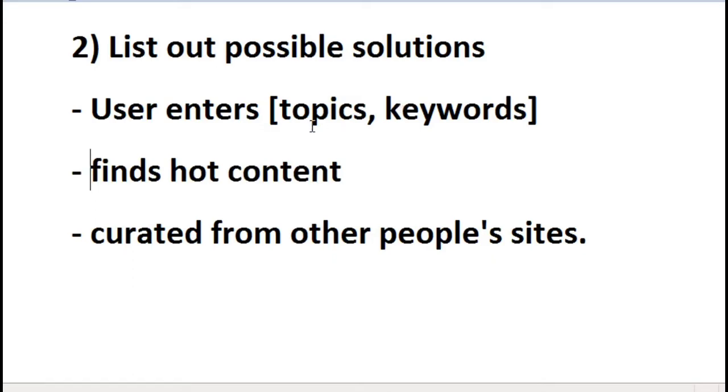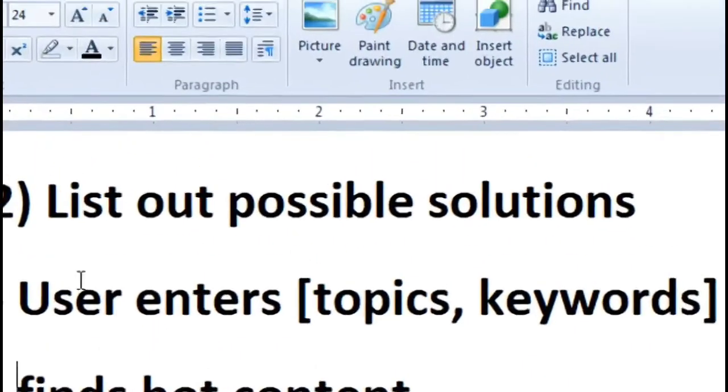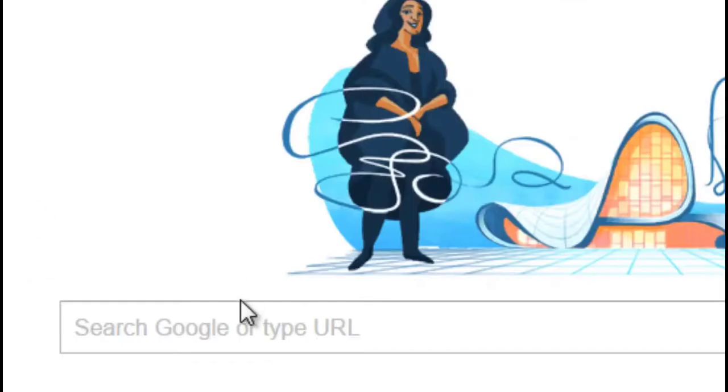And then the plugin needs to do something next. So obviously, if you go to Google, for example, and let me break it down. If we go to Google, the user obviously goes to Google. Now, the user essentially can be the plugin. So the plugin goes to Google, then it takes the keyword and the topic,